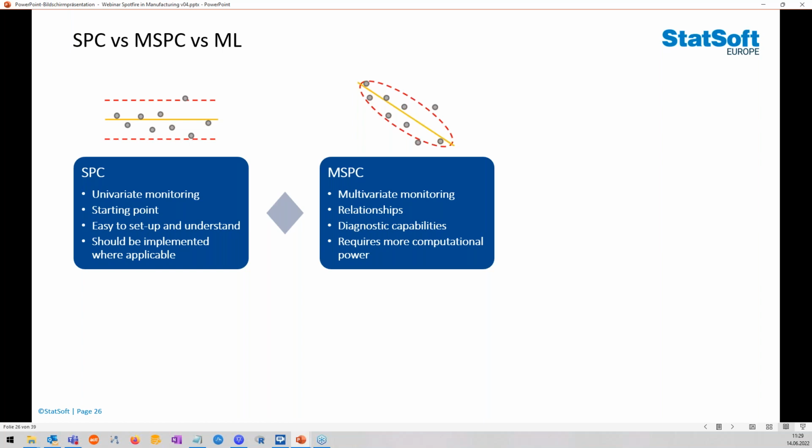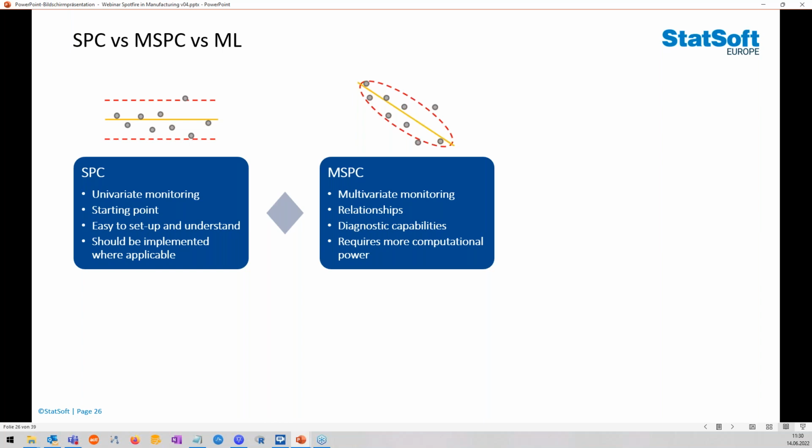So first of all, you can look at these relationships, which gives you maybe a deeper insight into what is going on. And the other is that you can compress your measurements down to only a few measurements that you really need to observe.